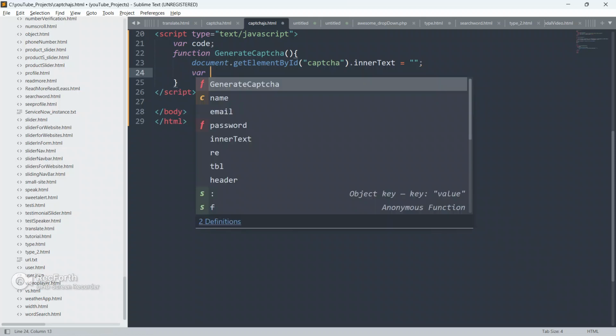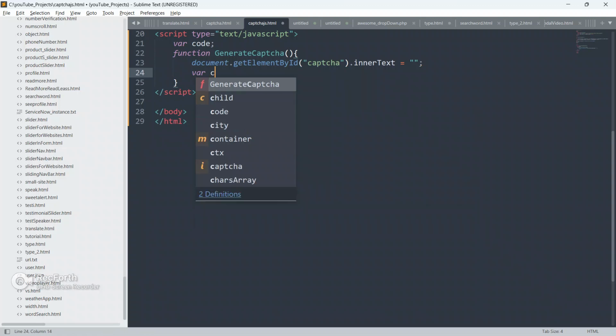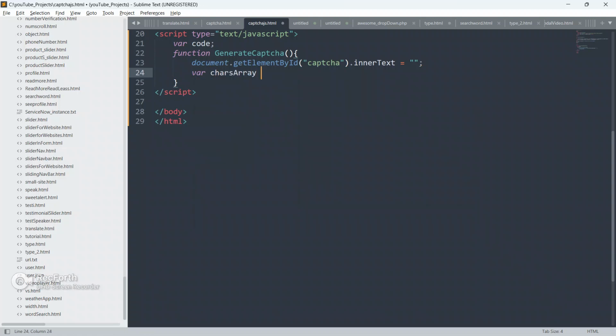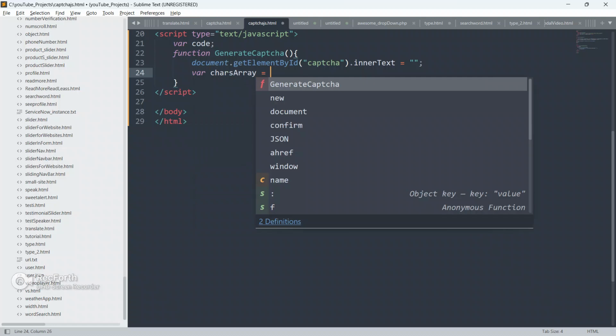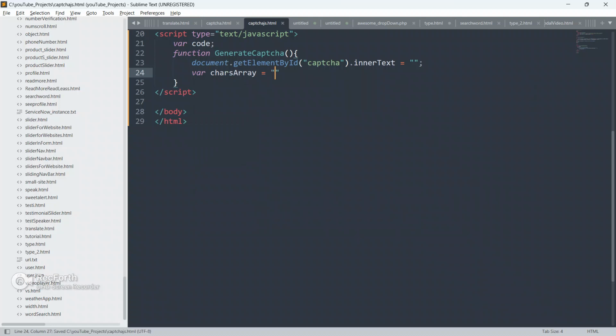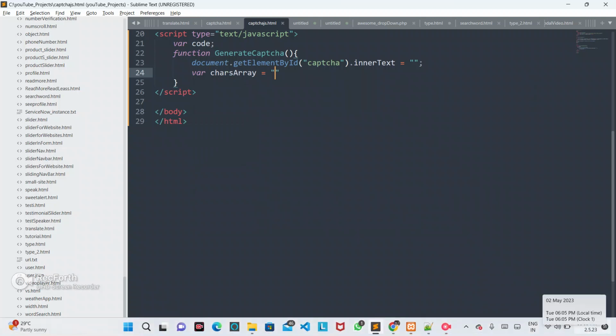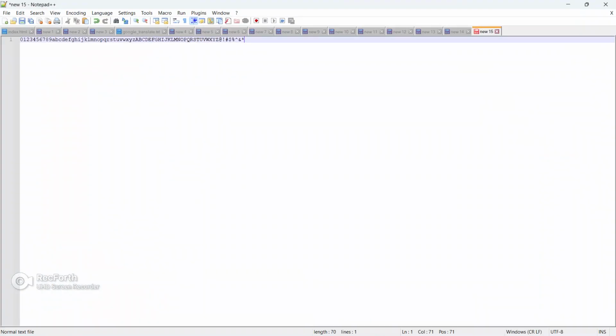We are going to create some variables. Create var and give this var as charArray, meaning characters array. Let me copy some characters from this file; I have already built them.